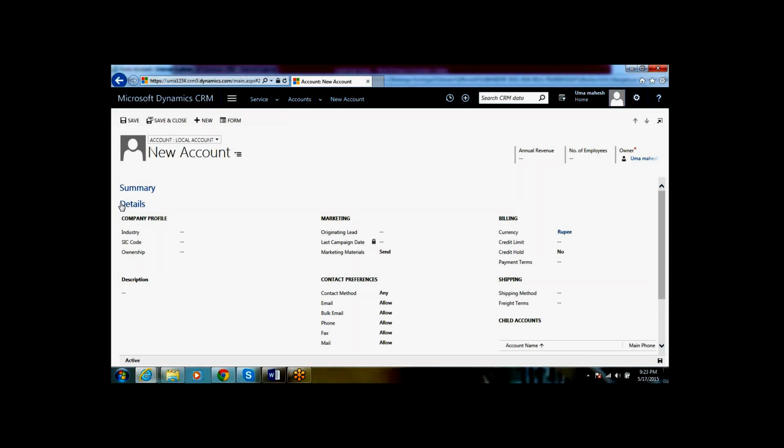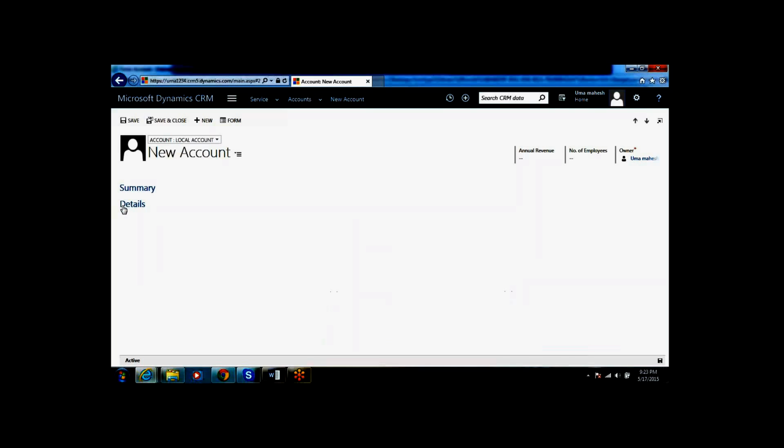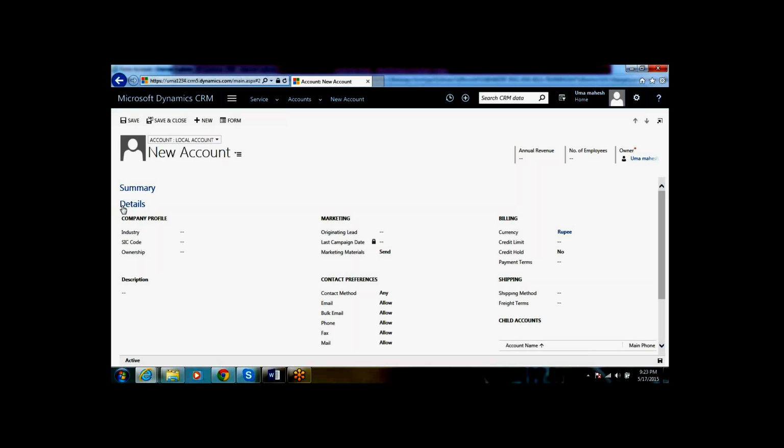Now the tab is in the expanded state, and if I click on this one, it is in the collapsed state. If you want to execute certain business rules when you are expanding, we can achieve that through the tab state change event.